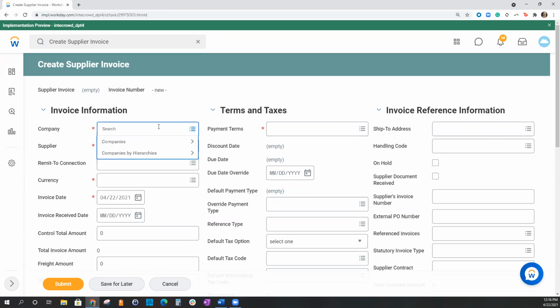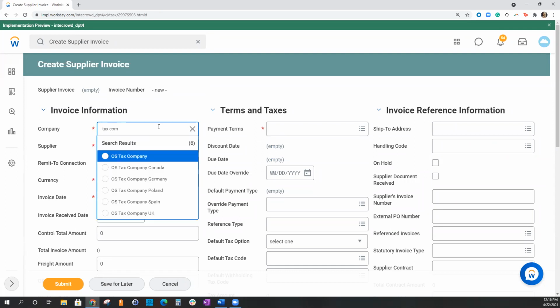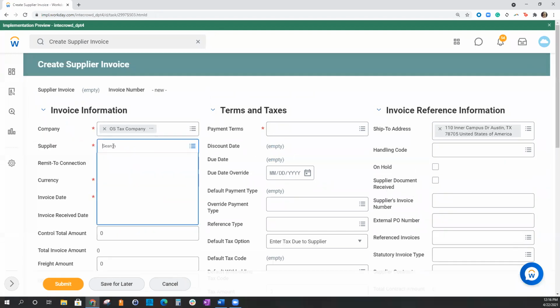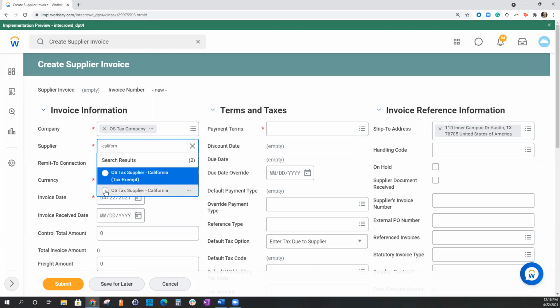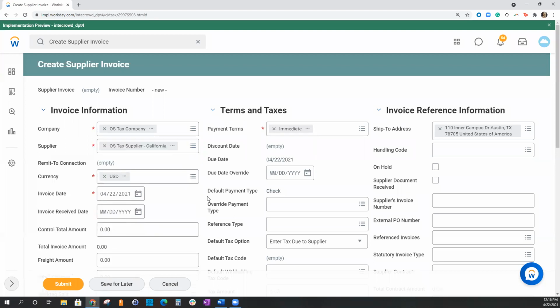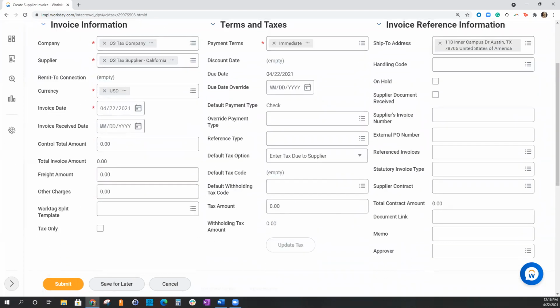Once again, I will enter tax company as our header company on the invoice, which is located in Austin, Texas. I will again be using our California supplier located in San Francisco. In this demonstration, we want to simulate the vendor charging less tax than what should have been charged and allowing the accrual functionality built in the integration to return the proper tax amount on the invoice so that our company